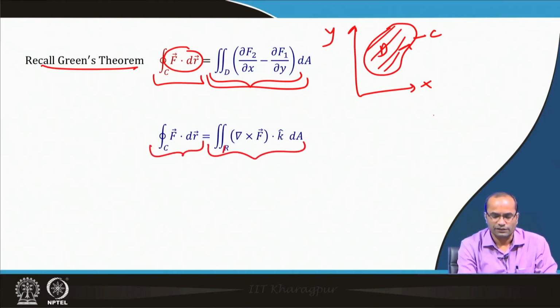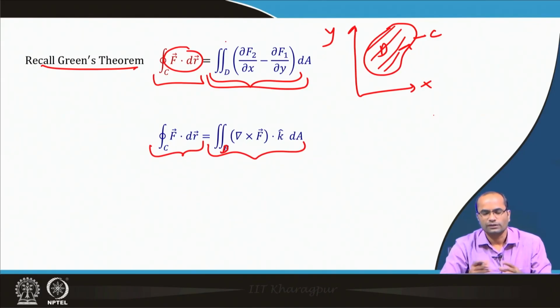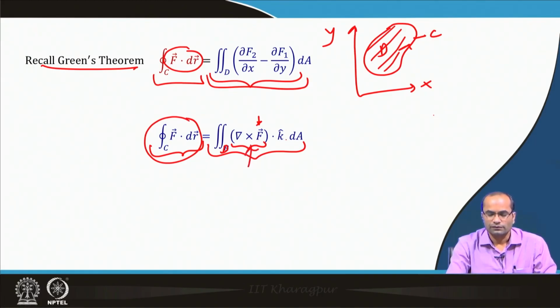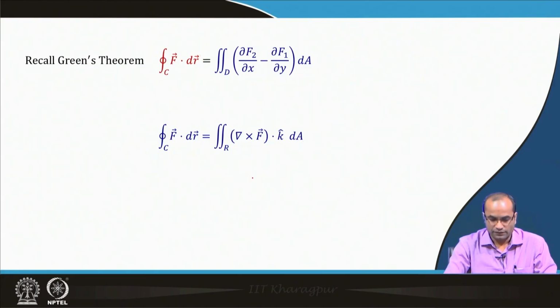So, we can put D or we can put R. This R or D is the region covered by the curve C. So, this can be written in terms of the curl of the vector field F. Again, this curve integral or line integral is equal to the curl dotted with K, and this integral has to be done over the region bounded by, or enclosed by, the curve C. So, with this form of Green's theorem,